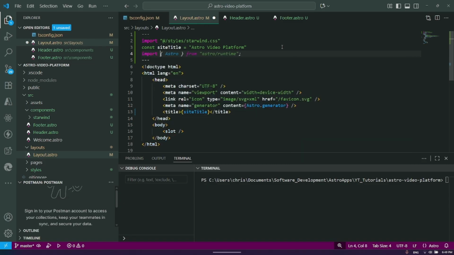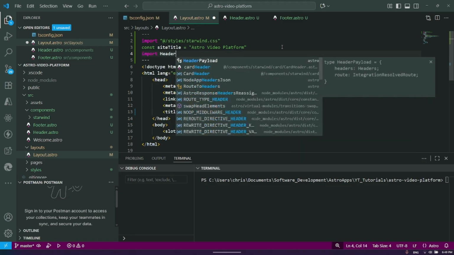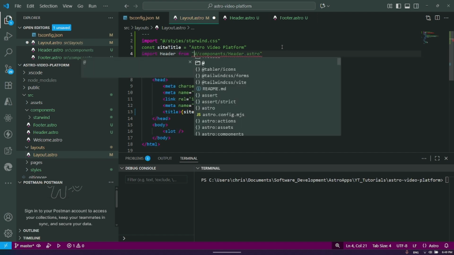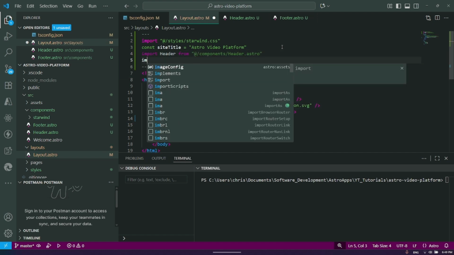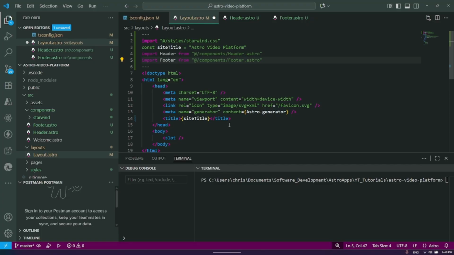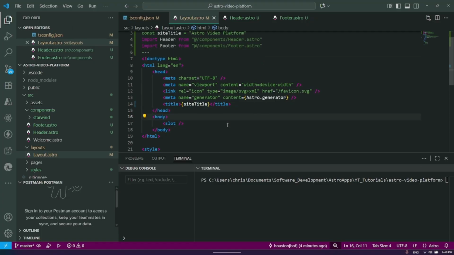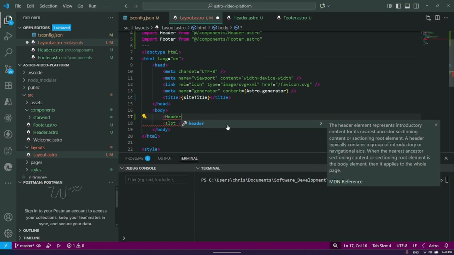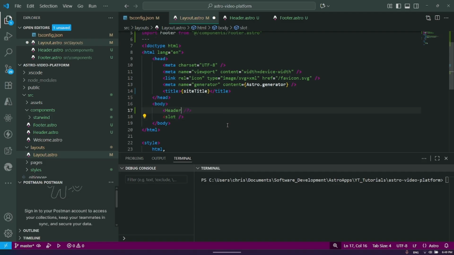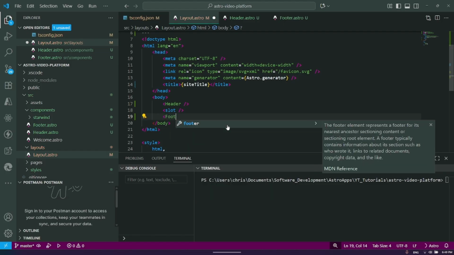Import header from header.astro and import footer from footer.astro. So we'll just put those two here. Header. Even though there's nothing there right now, but we will